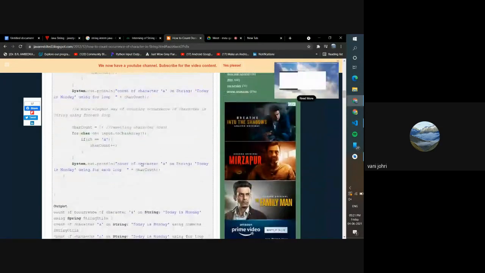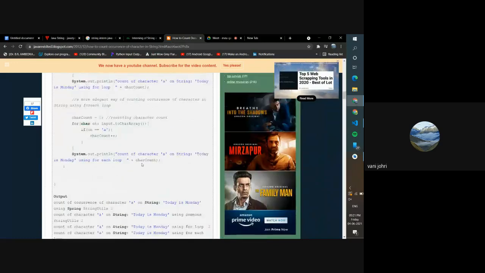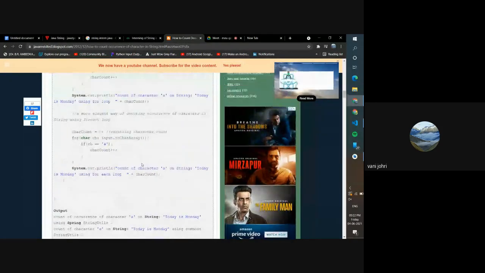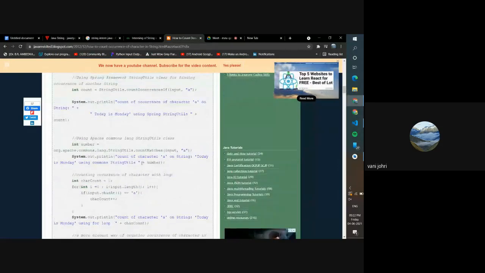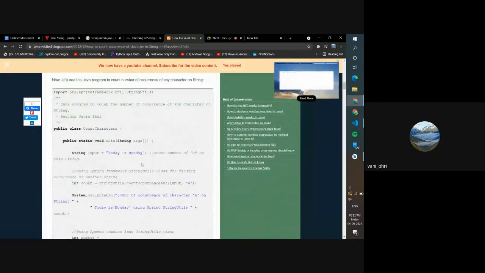So they've used a couple of things, all right. First, what they did was they imported org.springframework.util.StringUtils.